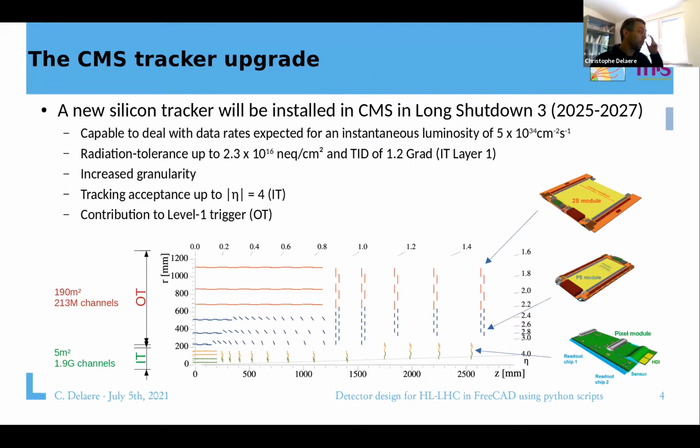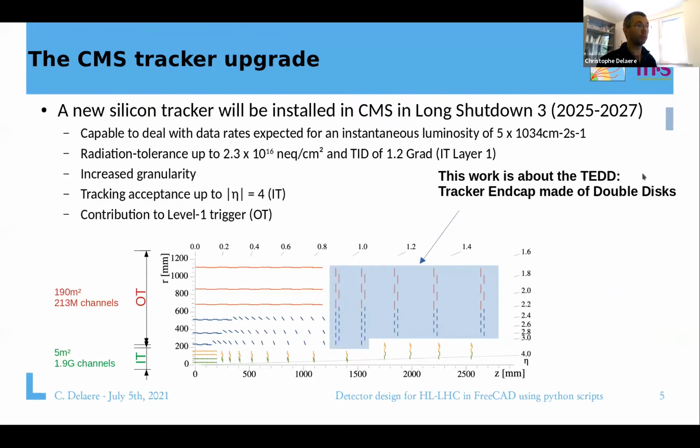So the CMS tracker is depicted on this slide. Here you see 1/4 of the detector, and it's basically split in two parts. We have the inner tracker that is made of pixel modules, and the outer tracker with two types of modules. What we call the PS modules are detector elements with on one side silicon strip sensors, and on the other side micropixels, and on the outside we have two S modules with two sets of strip sensors. And for this work,